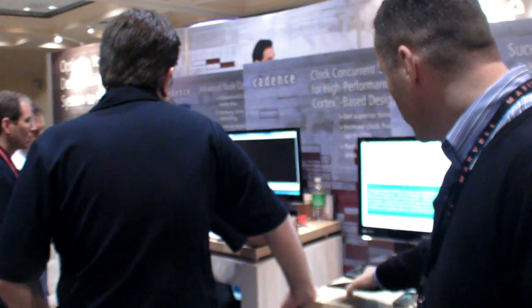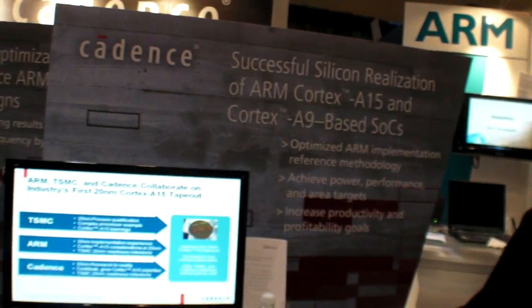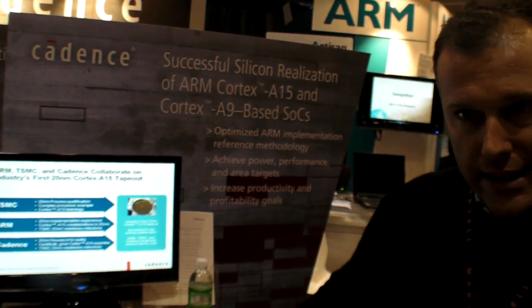All right, and the latest R&D that you're doing for the Cortex-A15, what kind of R&D are you doing? What's the future? There's a couple of things. Let me put this down for a second. There's a couple of areas that become very interesting, which I think are very unique to what we're providing. ARM is fantastic at what they do. Embedded processors are everywhere. Mobile is going through the roof. People are excited about the next big thing that comes out. When you look at design tools and how Cadence enables the best performance you can get, and the best area and the best power profile on a chip,